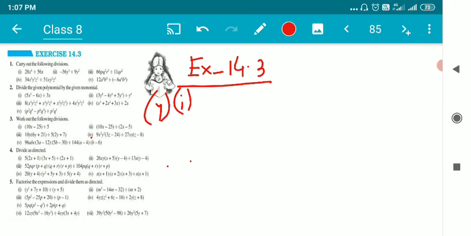Children, we have been dealing with chapter 14, which is about factorization. So far, we have completed many questions. We have done question number 1, question number 2, and question number 3. There are various kinds of divisions of algebraic expressions we have done so far. In this video, we are going to understand some different concepts of division of algebraic expressions. So I'm starting from question number 4, question number 1.